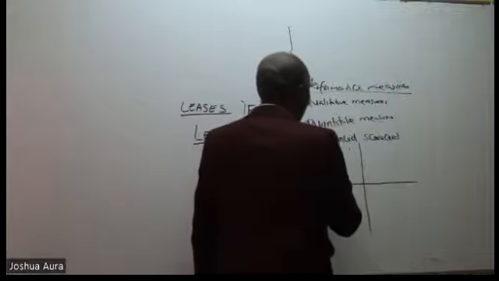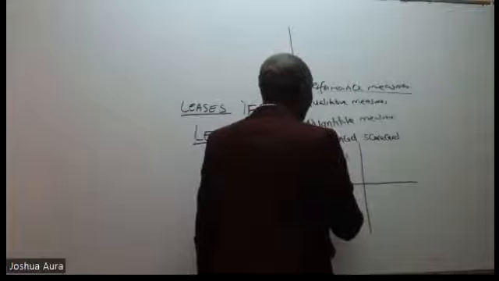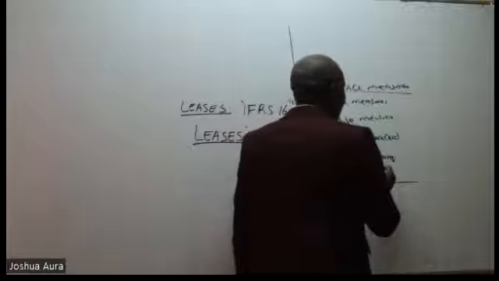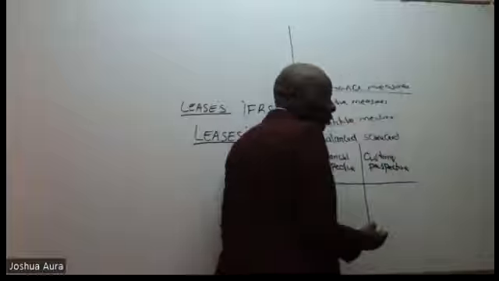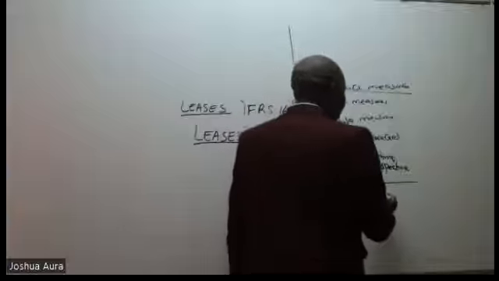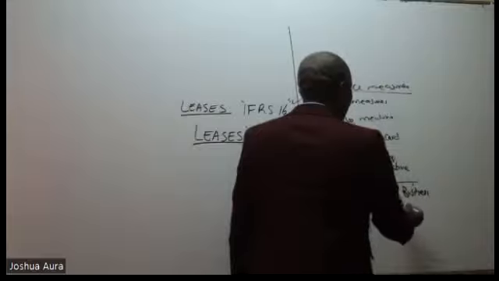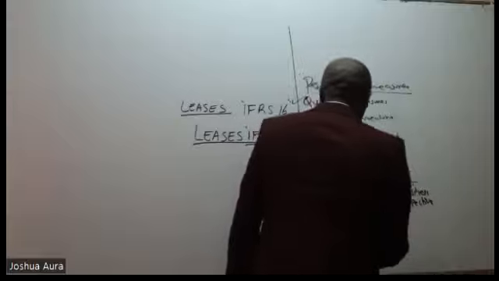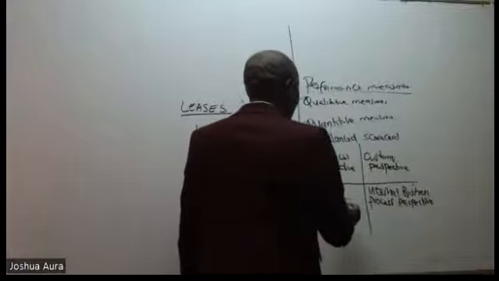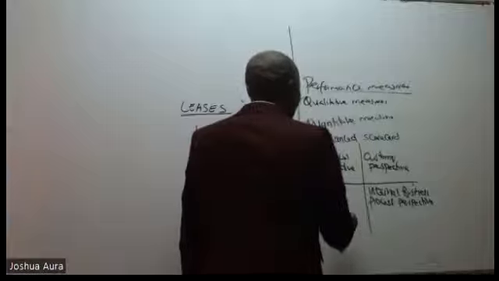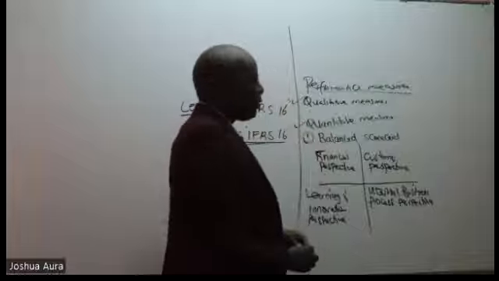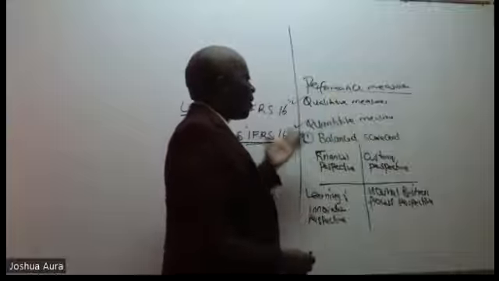The first one is the financial perspective. Number 2, we have the customer perspective. Then we have the internal business processes perspective. Then we have learning and innovation, or learning and growth perspective. So whenever they talk about performance measures and a balanced scorecard, you're supposed to know that